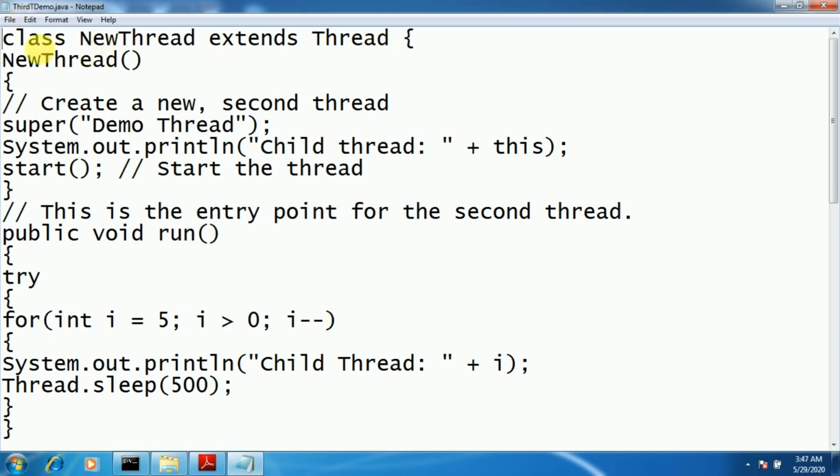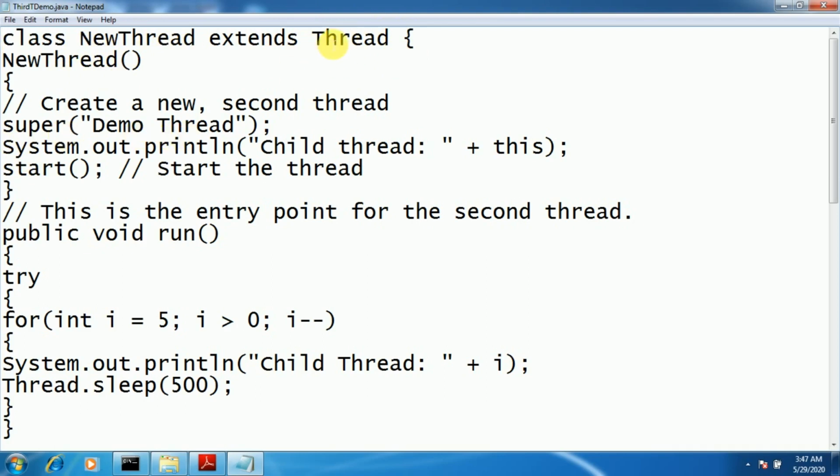Now here the syntax is class, name of the class, extends is a keyword you have to use. As I told, the newly created thread class should extend the Thread class. Then here is a default constructor we have included. Now super is a keyword which we use to call the super class constructor.